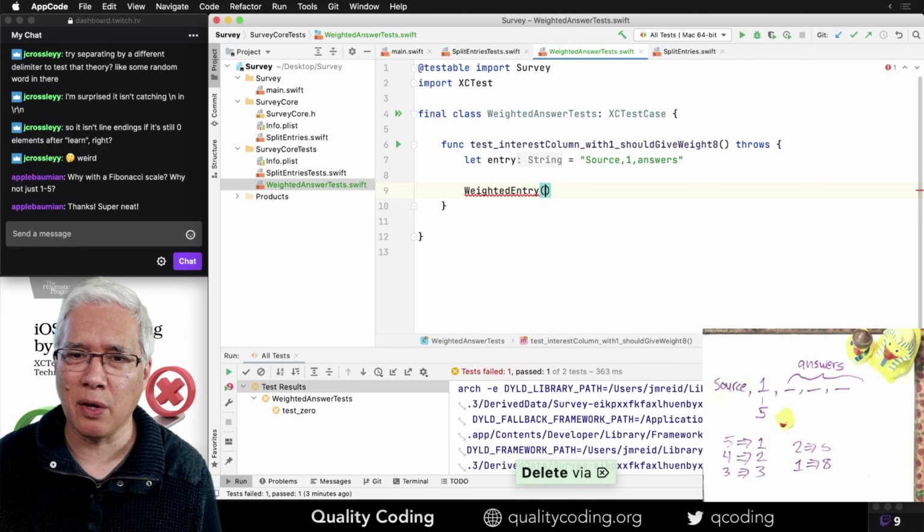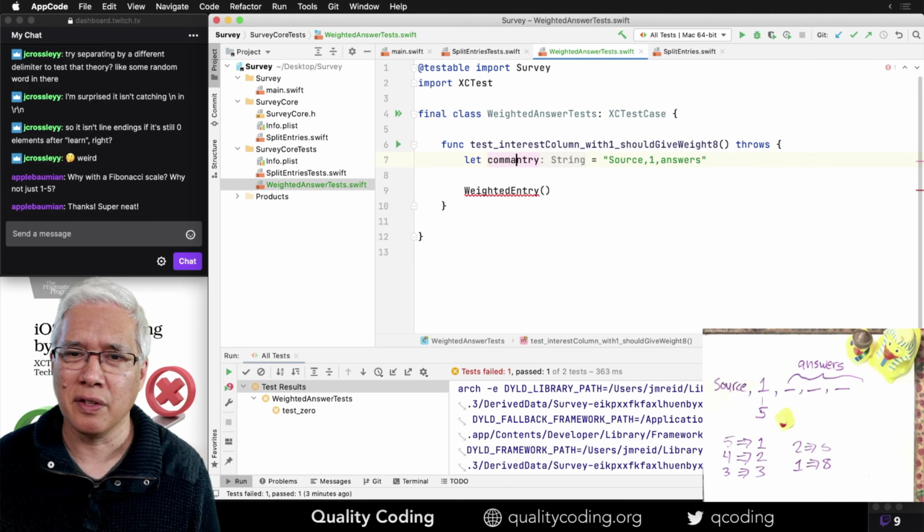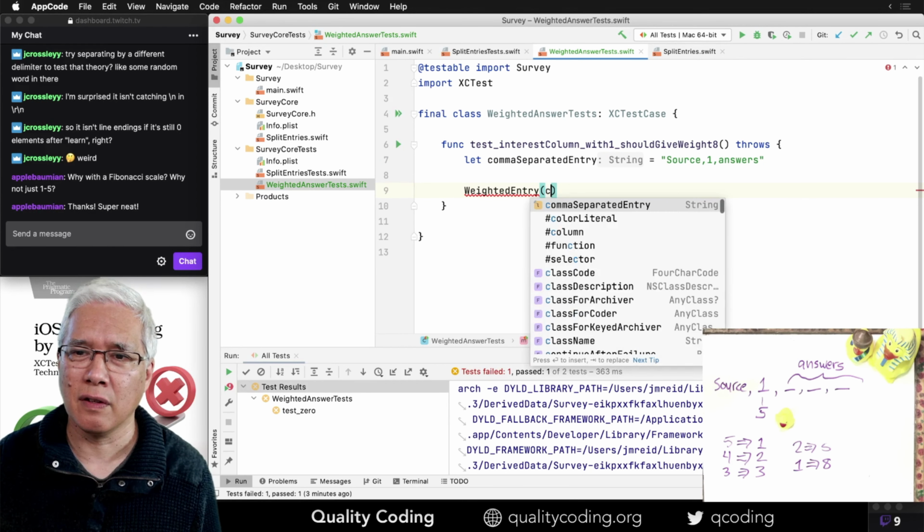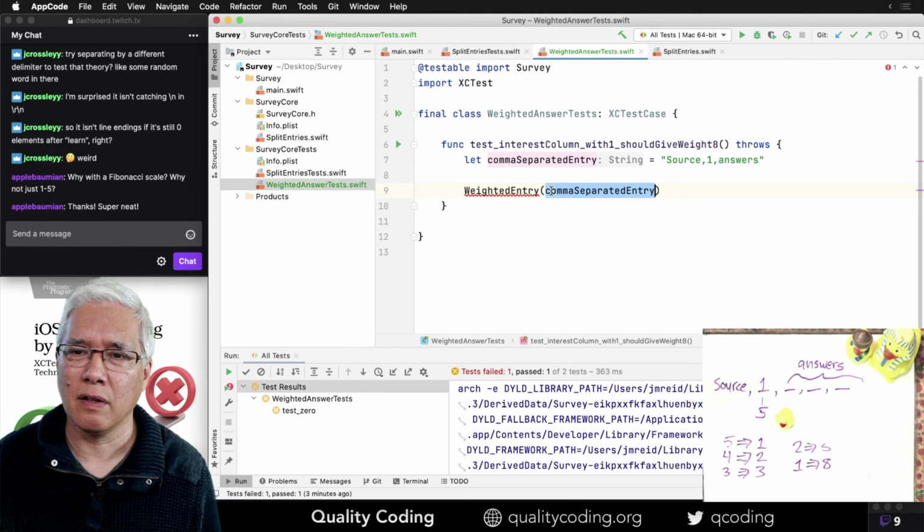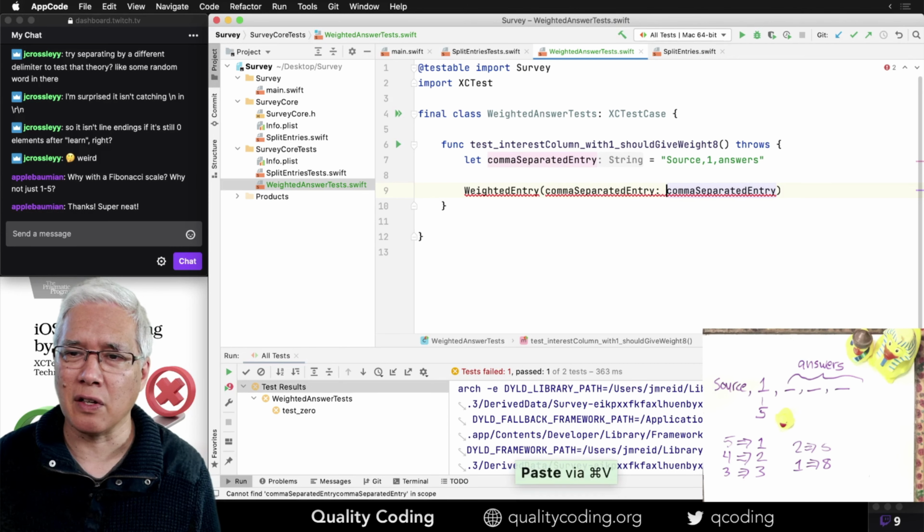I want to make a weighted entry from a comma separated entry, like that. Let's give it an explicit name.